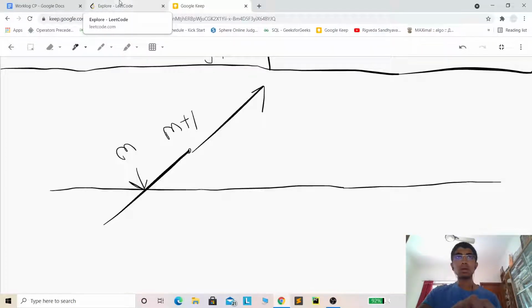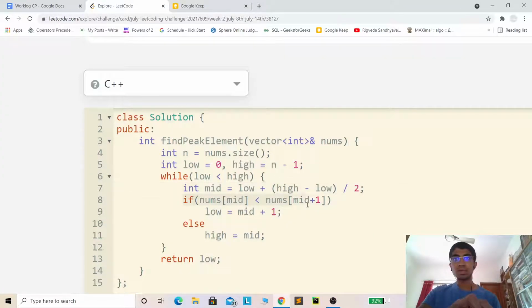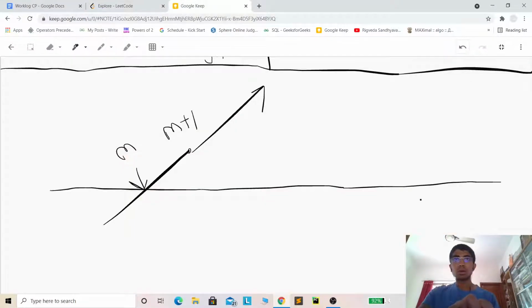So if nums of mid is less than nums of mid plus 1, we are guaranteed that the peak would lie in the right side of the array, and hence make low equal to mid plus 1. Otherwise, for example, this might be the case: this is the mth element, and this is the m plus 1th element.